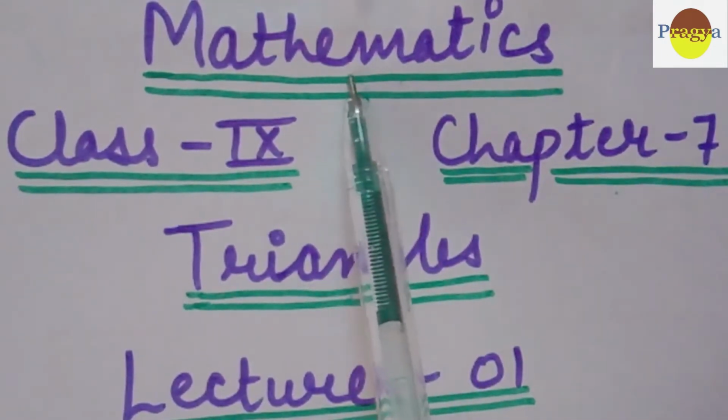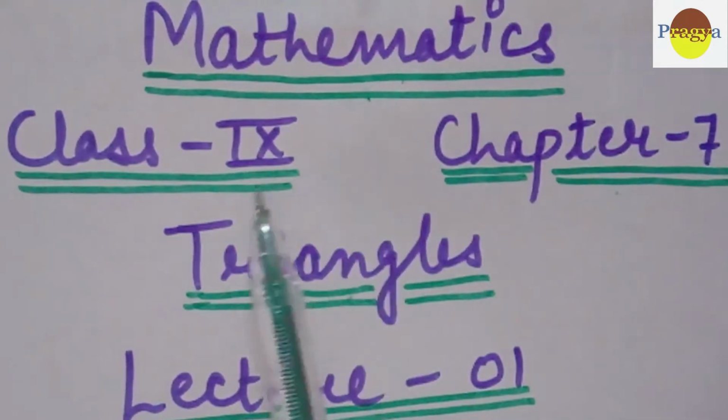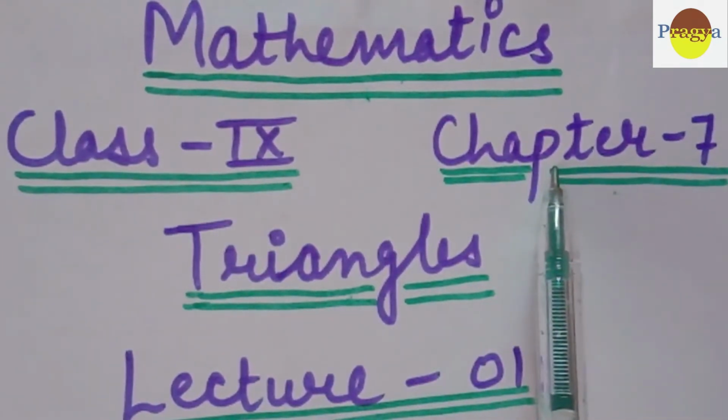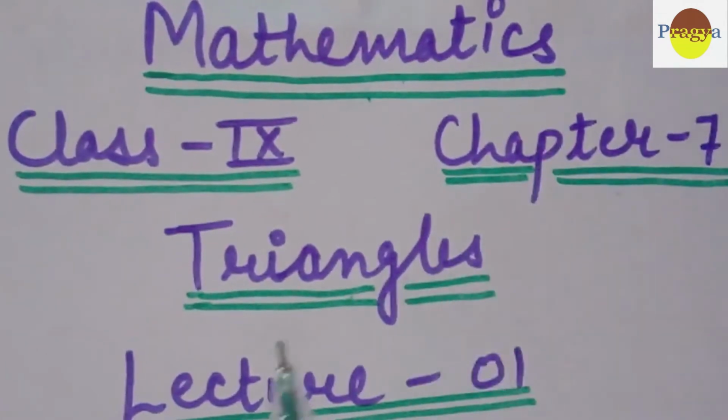So students, this is your mathematics class for class 9th, chapter 7. Today we are going to start a new chapter, chapter 7, chapter name triangles. This is our lecture 1 for triangles. So students, topics to be covered